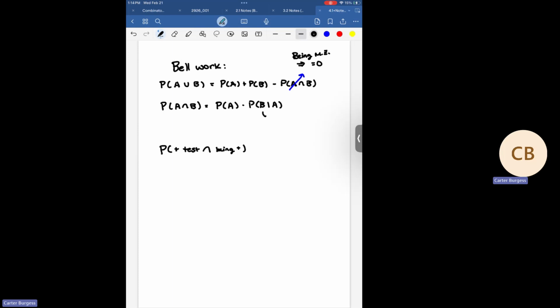Written in this way, this is the probability of B given that A happened. If the probability of B was unaffected by A happening, so for instance, if I am rolling 2 dice, we wouldn't expect getting a 1 on the first roll to affect getting a 3 on the second roll. What do I call those events? So if the probability of B is unaffected by the probability of A, then these events are